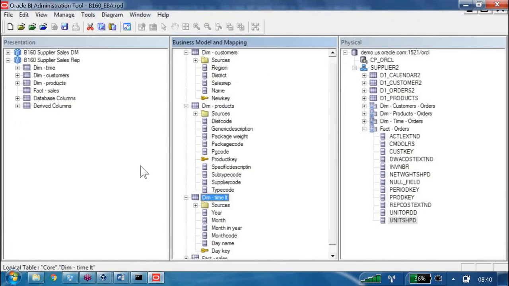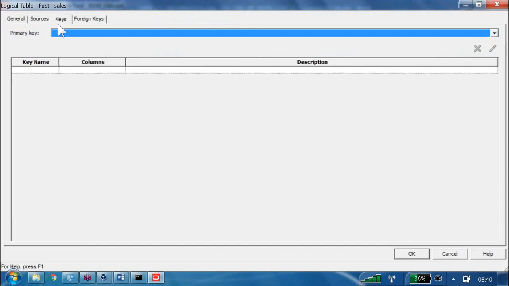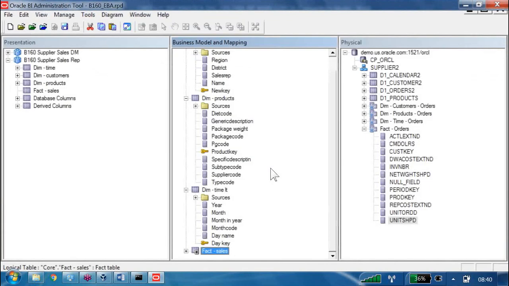What about the fact table we have here? Do we have any primary keys? No. For a fact table, there need not be any primary key. Why? Because on the fact table, we are not going to create any hierarchies down the line. Whatever keys are available, those keys are already available in the dimension tables.